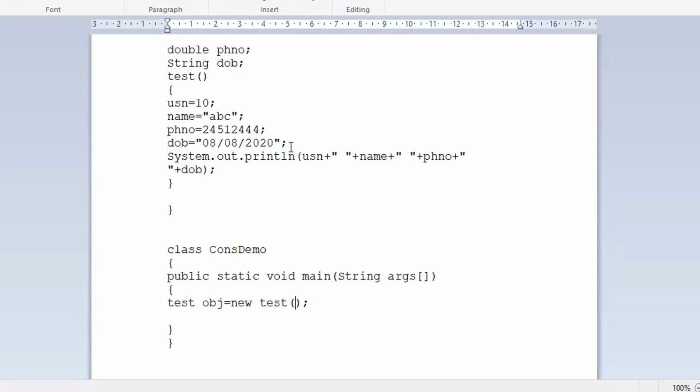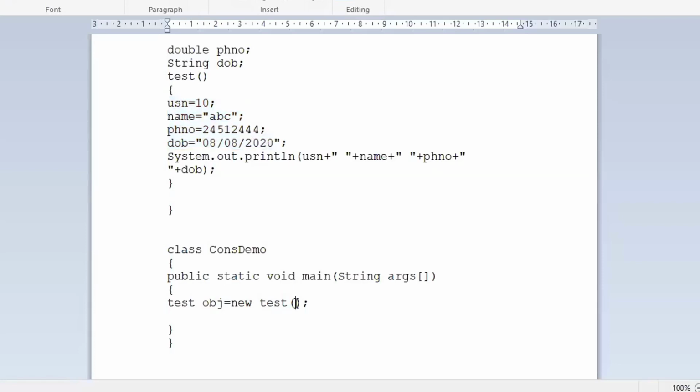Now my intention is I don't want to initialize the same values for all the objects. I want to have different values for different objects. What do I have to do? You create a parameterized constructor.